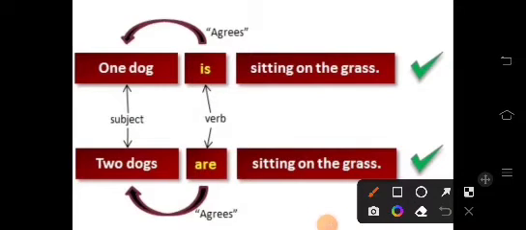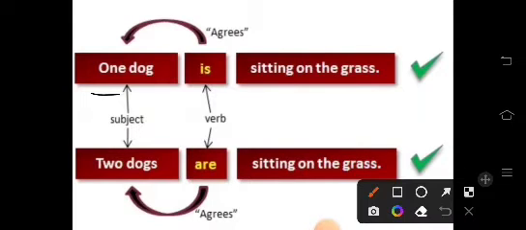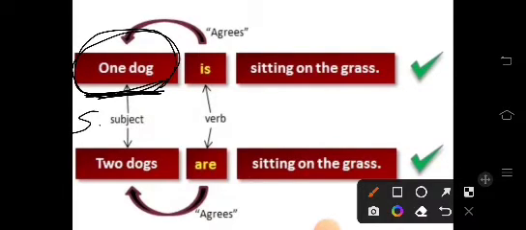So let's take some examples of subject and verb agreement. Say for one dog is sitting on the grass. So first of all, let us identify the subject of the sentence. Who is sitting on the grass? One dog is sitting on the grass. So here the subject is one dog. And we know one dog means it is a singular subject. So singular subject will always agree with the singular